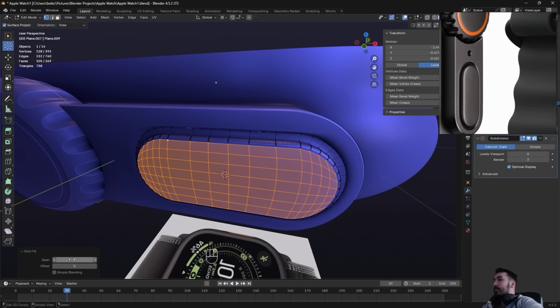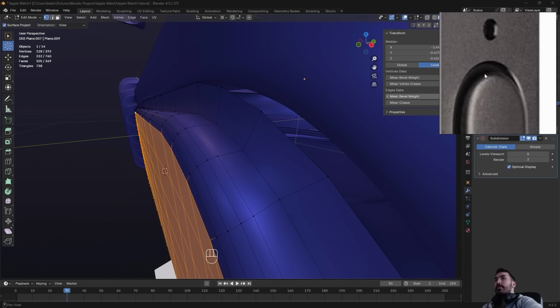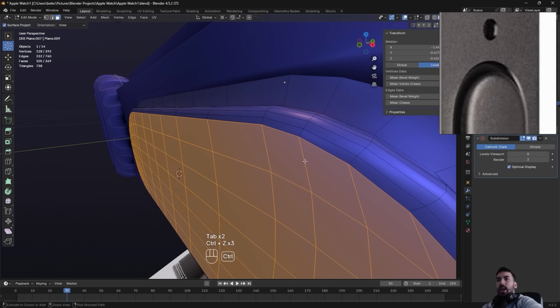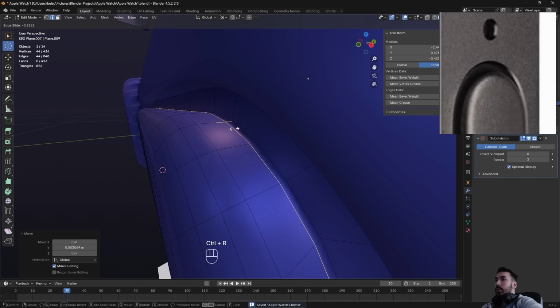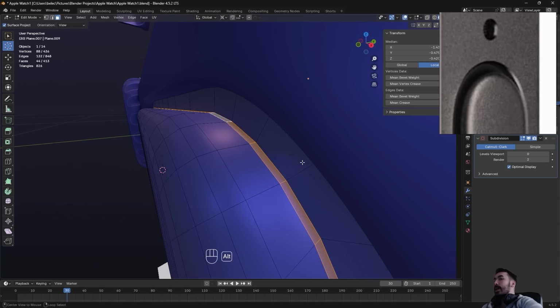So we got to adjust the span. For me, 7 span and 5 offset works. And I feel like there's supposed to be a separation between the button and the floor. And I also think this bevel up here should be a little bit bigger. So let's do that one more time. And then I want a loop cut over here so I can take this part on the inside, Alt-E extrude